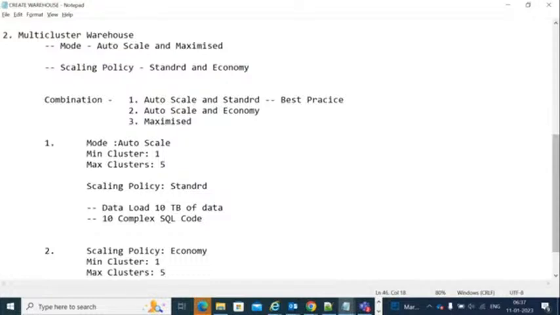Here also you will select the maximum and then minimum number of clusters like this. What it will do, if you select the economy, in case of a standard, whenever you upload the data or whenever you submit your complex queries, it will calculate and then it will increase. What this economy will do, suppose if you submit 10 SQL queries to your Snowflake, it will calculate that internally